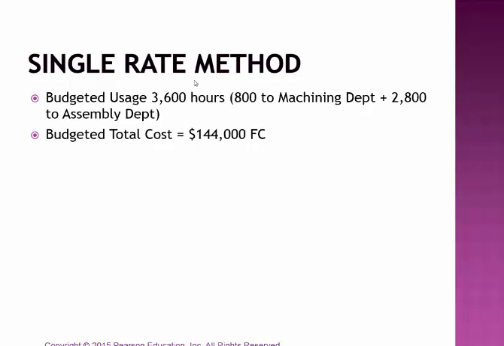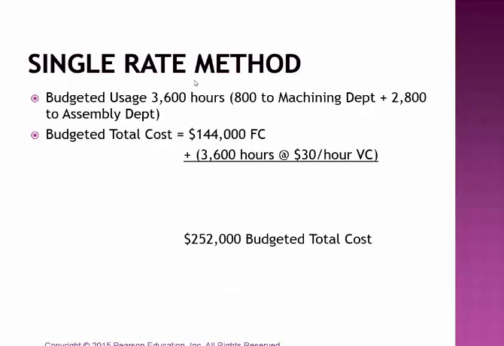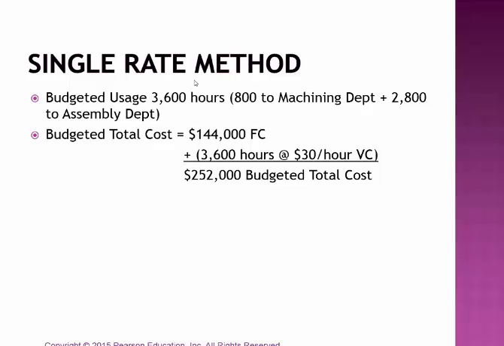All right, the budgeted total cost for fixed cost, we just saw this, was $144,000 for the materials management department. If we take that and add that to 3,600 hours, which is the budgeted usage hours, at $30 an hour, taking that 3,600 and multiplying it times $30 per hour, taking that dollar amount and adding it to 144,000, we get a total amount of $252,000, which is our